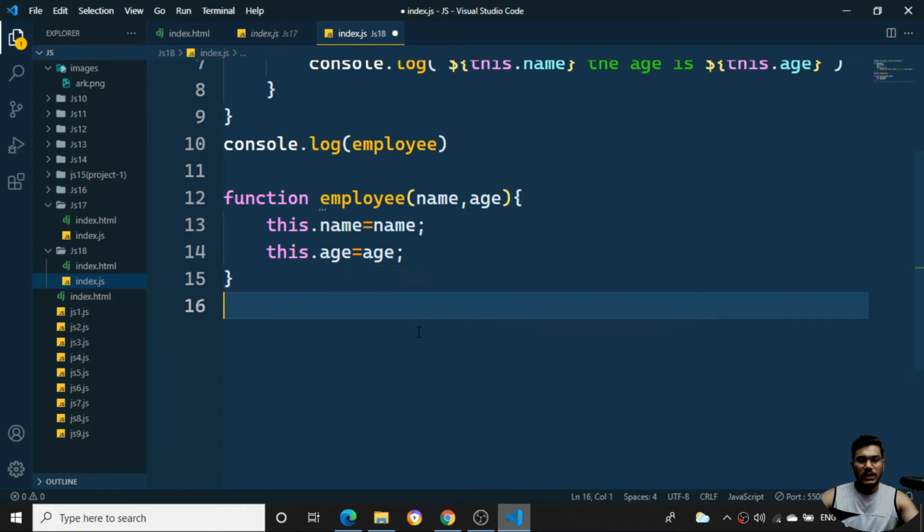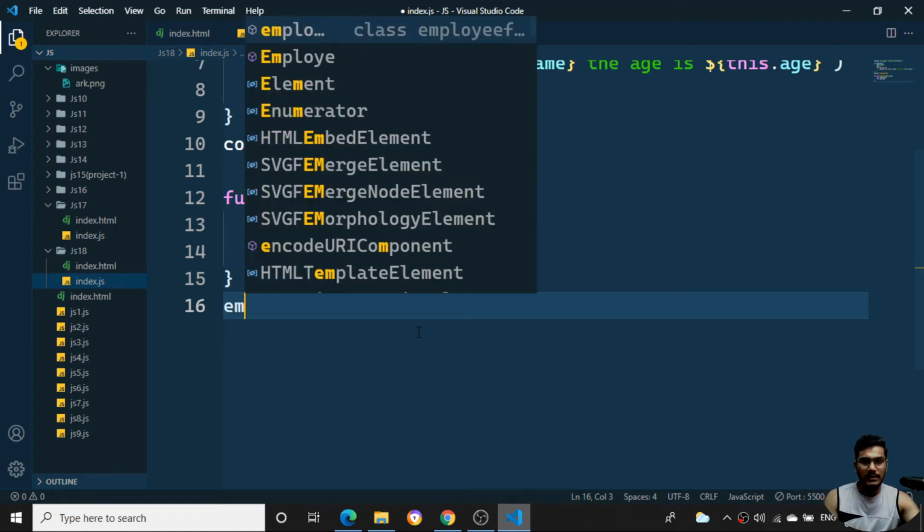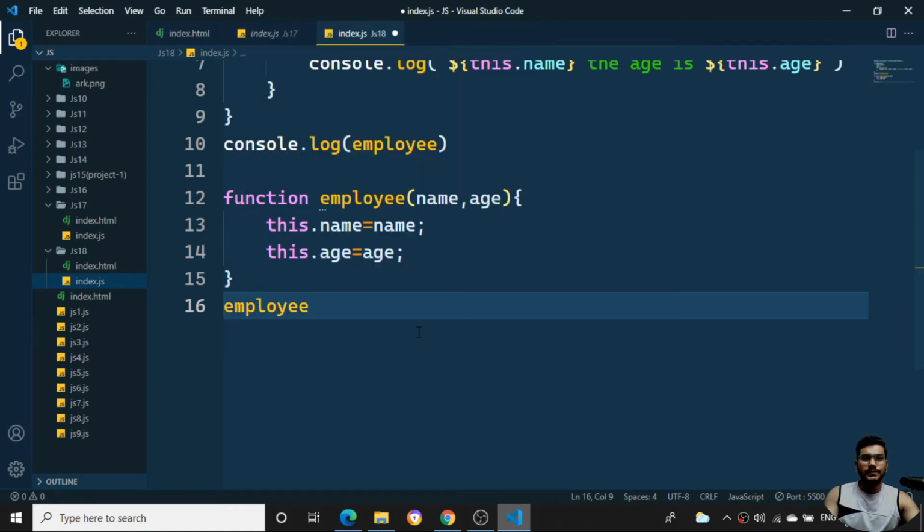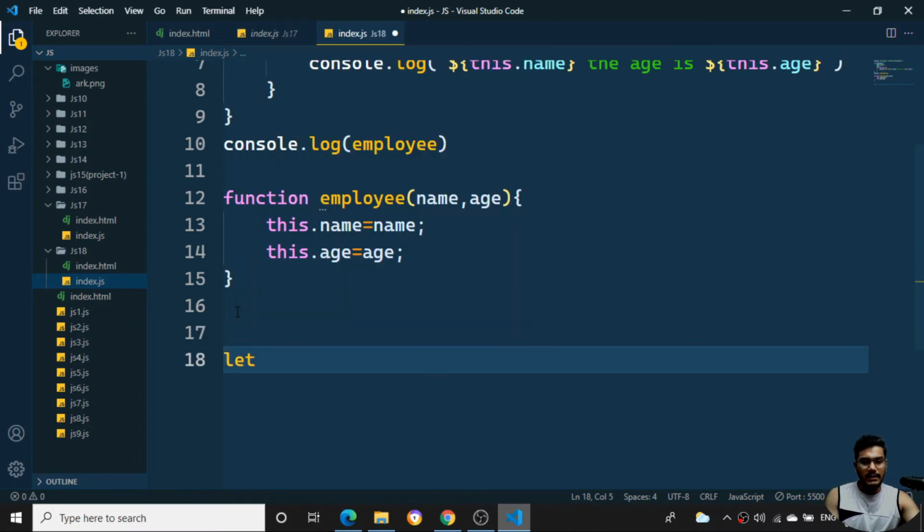So what I'll do here is I'll just set the particular data, then I'll just get the particular data. So now see, I'll say Employee. What I need to do here is first create one object over here. So I'll just create let obj1, so obj1 is equal to, I'll just say new